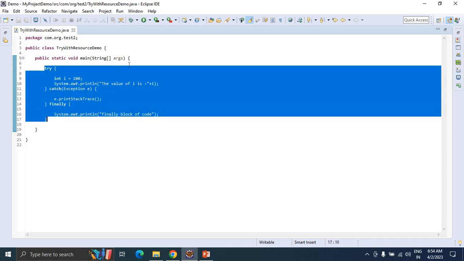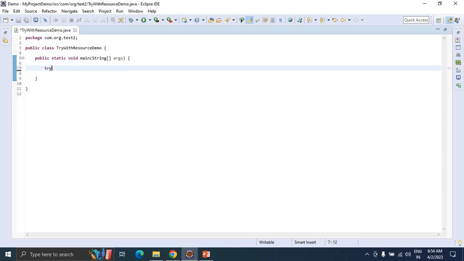try with resources, within the try itself we need to declare it. See here, scanner, assume that I am using Scanner here, equal to new Scanner(System.in).